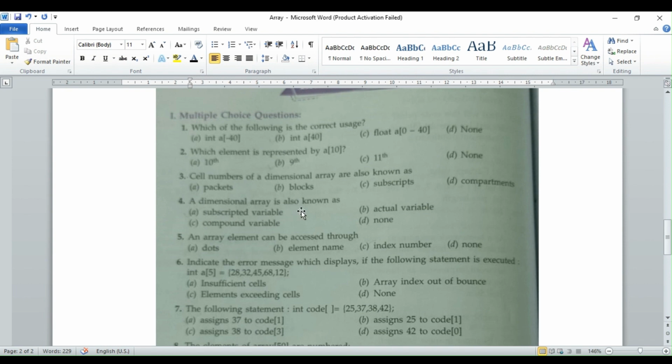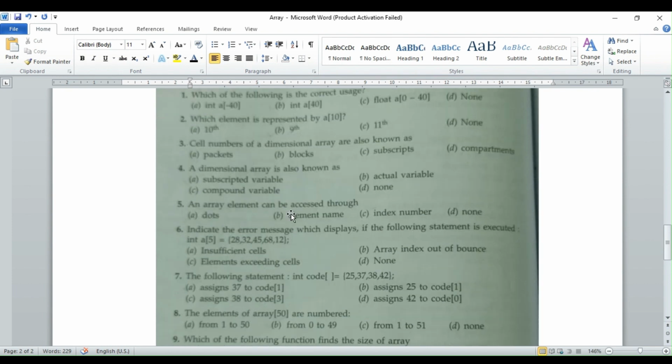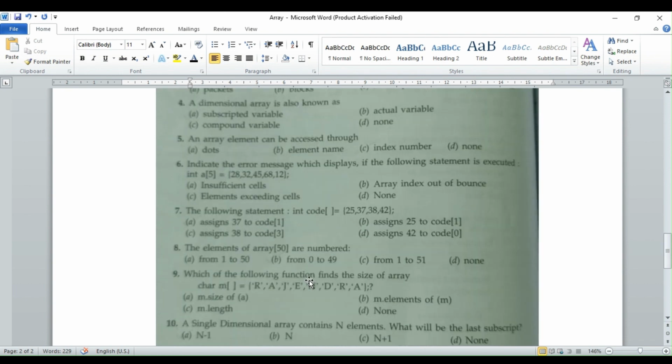A dimensional array is also known as dash: subscripted variable, actual variable, compound variable, none. An array element can be accessed through dots, element name, index number, none. Indicate the error message which displays if the following statement is executed: int a5 equal to this much.